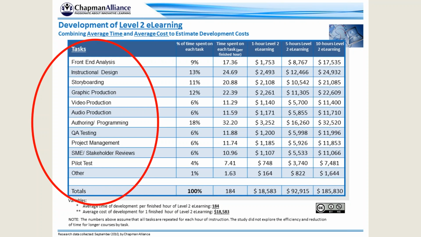I think the slide is useful for coming up with benchmarks. So roughly 185 hours development per 1 hour of training is a good guideline? I think it's a good place to start. And I've always liked this because it's so succinct. Now, again, you'll notice at the bottom left, this is from the Chapman Alliance in September 2010. Now, that's when the research was pulled. And then, of course, they had to develop the data and such. But it's a really great place to start.